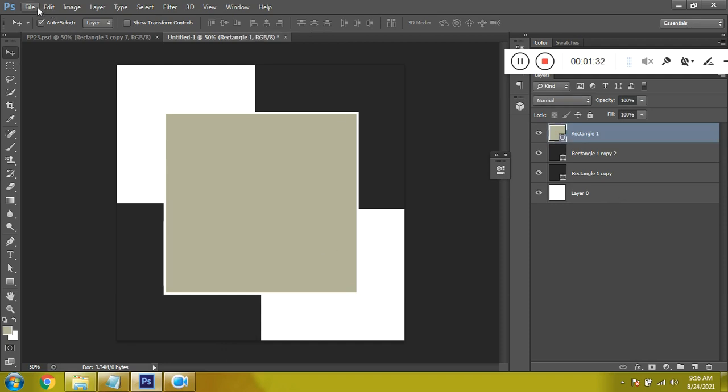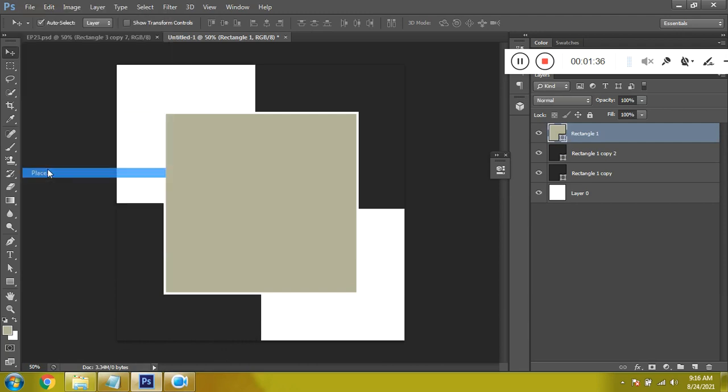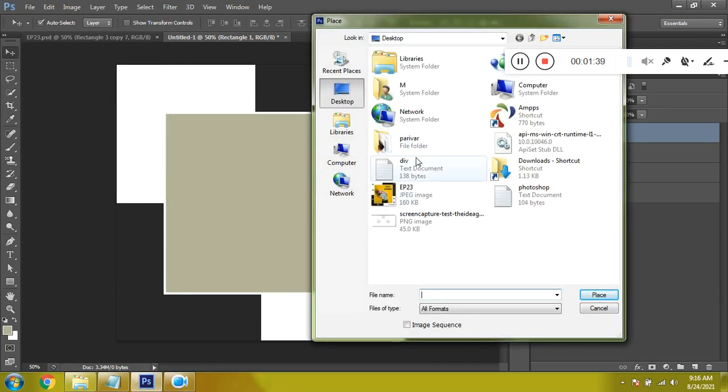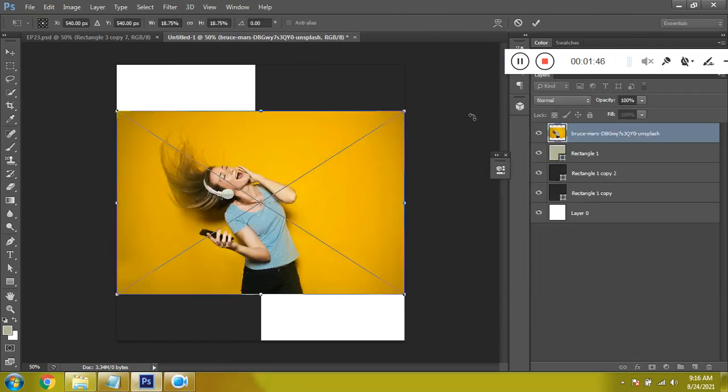Now let's place the image. Click on File, then you will find Place, and I have downloaded this and placed it in the folder. Now click on the tick mark.